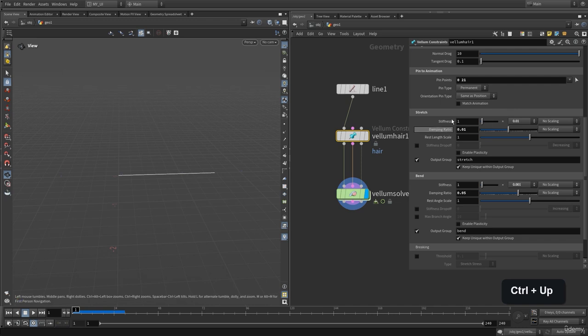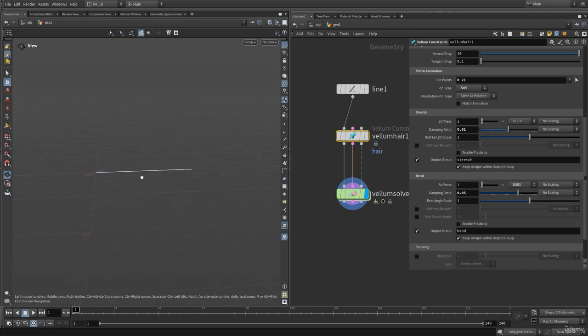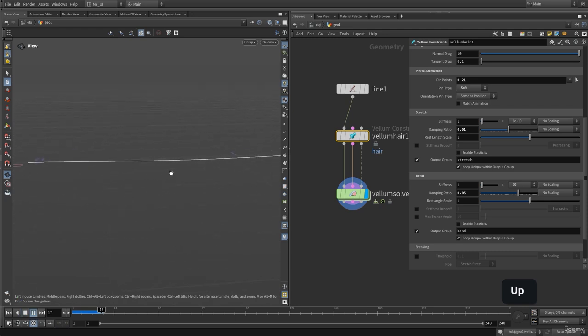And that's how you can control the stretch stiffness. I'm going to change this back to soft, and let's increase its stretch stiffness. And we have the bend stiffness, and this bend stiffness is what is creating this soft behavior. If I were to increase the bend, here you will see this wire is stiff, which means that it is